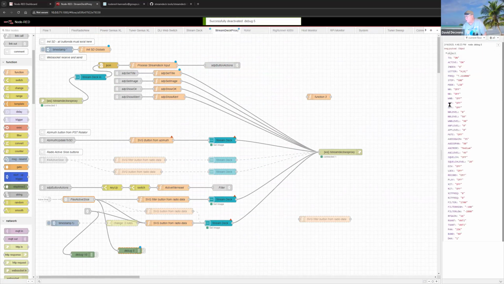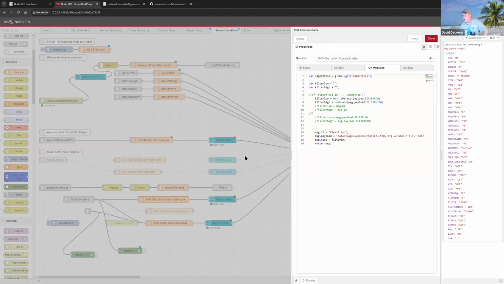Flex Active Slice sends all this information here, including the filter low and high cut. There's filter high and filter low down here in the bottom. They come as -100 and -2800 since it's lower sideband. So I come into here